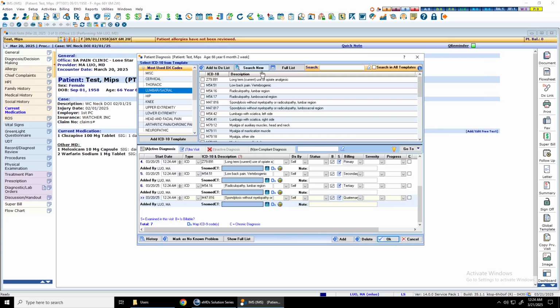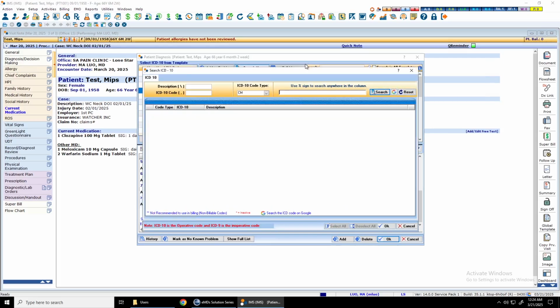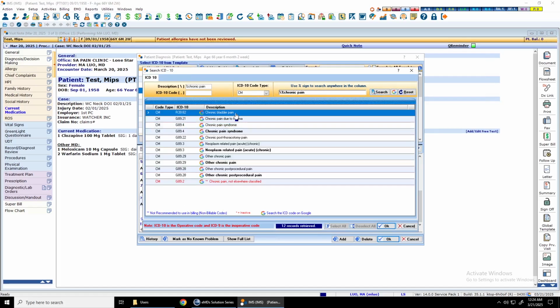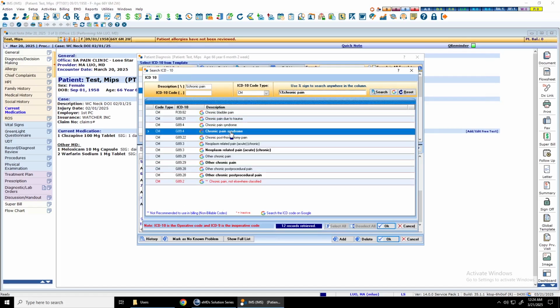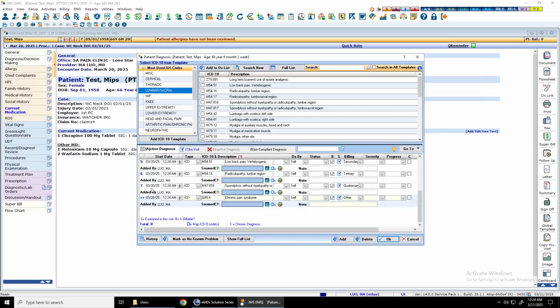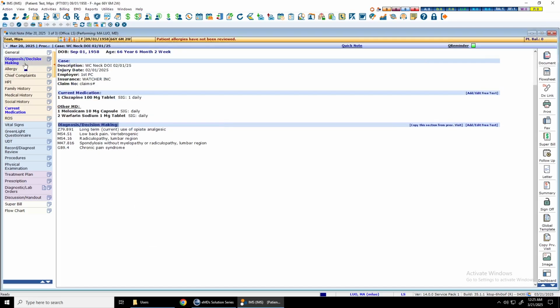But let's say I want to search for something new. So let's search for chronic pain. After that, I got a bunch of chronic pain, so let's say we want some chronic pain syndrome. So we'll say okay, and that should be added as the 7th because we started with 3 diagnoses. We add another 3, and then this is the 7th one. So we'll click okay. So notice that the diagnosis is listed super high, but the